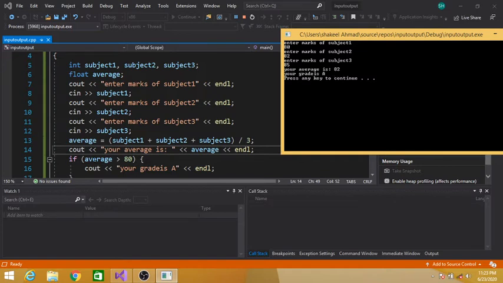Then we are comparing if average is greater than 80. Average contains 82, so 82 is greater than 80. This condition is true, so the statement between the curly braces, the body of the if condition, is executed: your grade is A.